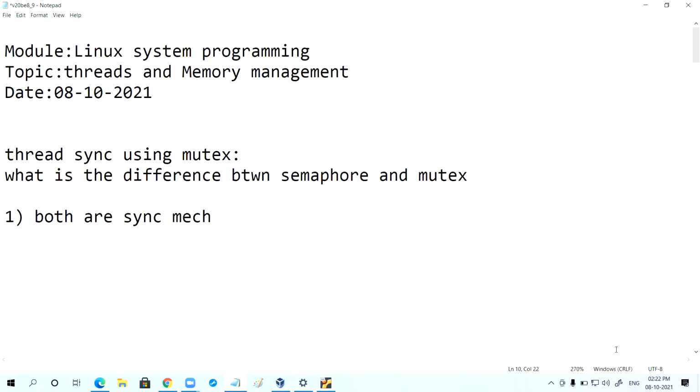Mutex and semaphore both are synchronization methods.